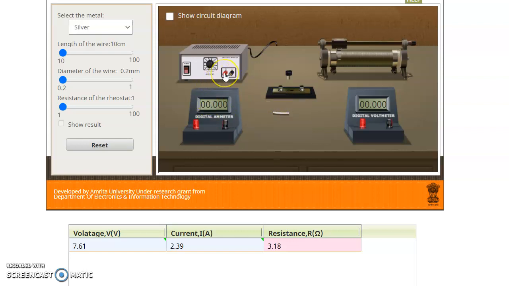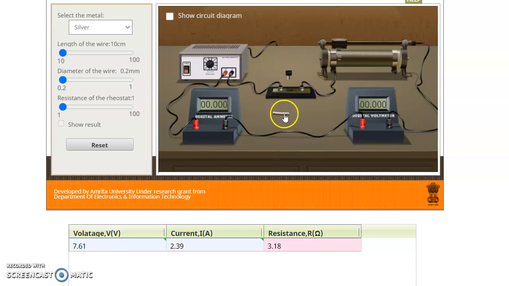Now you can see in the battery there is a red terminal over here. Red means the positive terminal. We will connect it to the ammeter, because the ammeter is connected in series to the battery. Then the negative terminal is the black one, so we are going to connect it to the positive of the voltmeter. Then the negative of the voltmeter will be connected to the higher end of the rheostat. Then the lower end of the rheostat will be connected to one end of the plug key, and the other end of the plug key will be connected to the negative terminal of the battery.